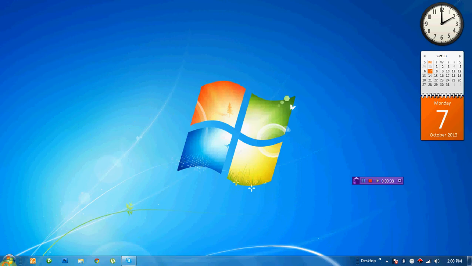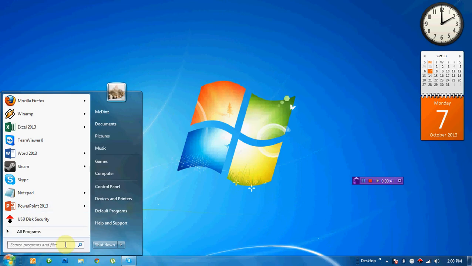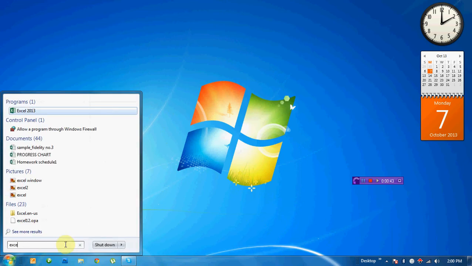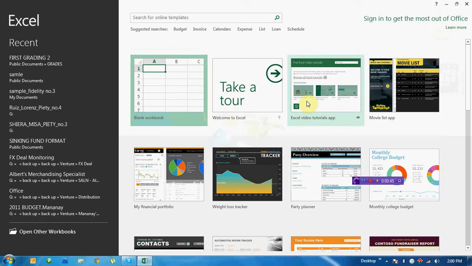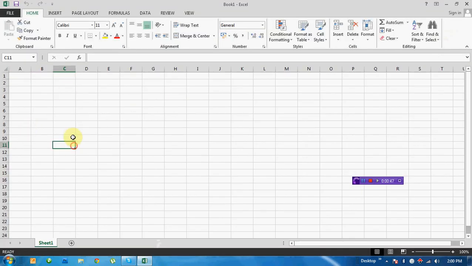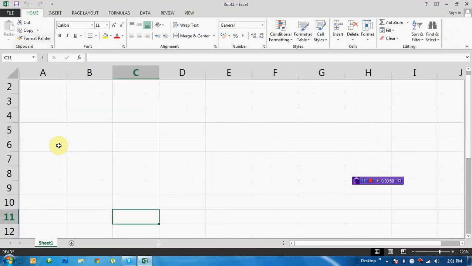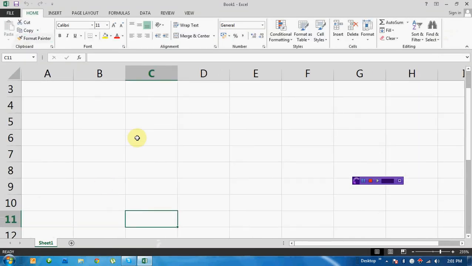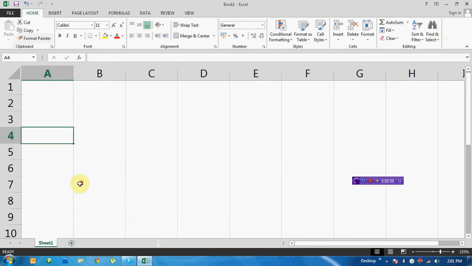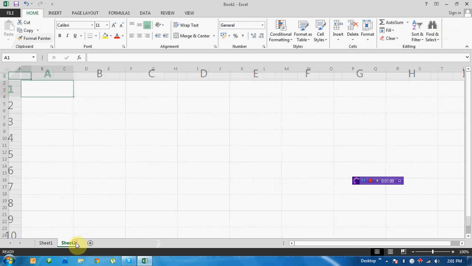So let's start. Of course we will open the Microsoft Excel program, then make a workbook, and you will see a new worksheet there. First we will have the database.